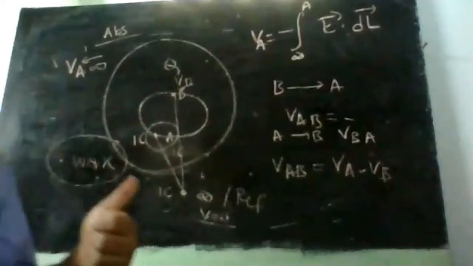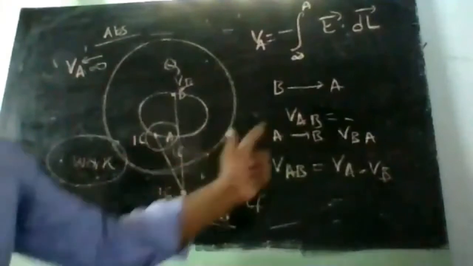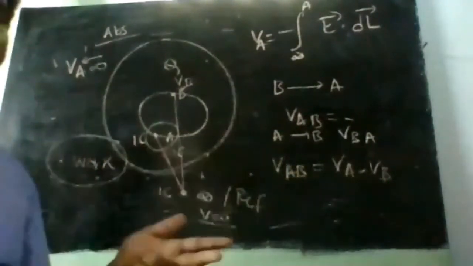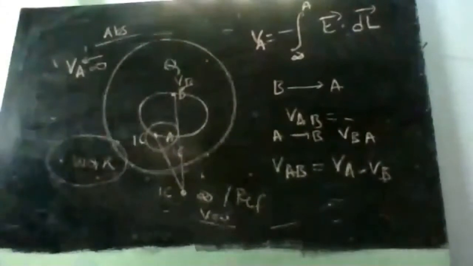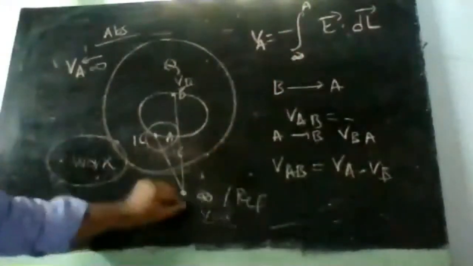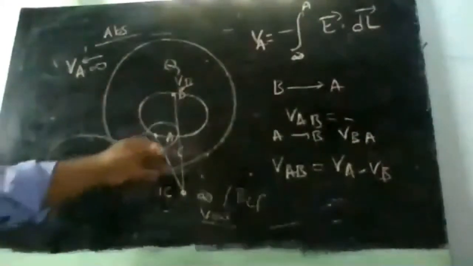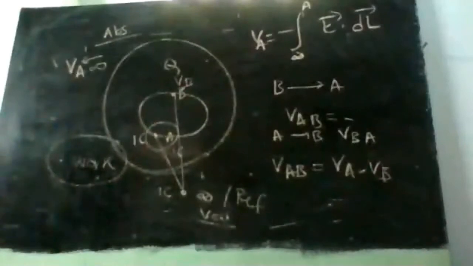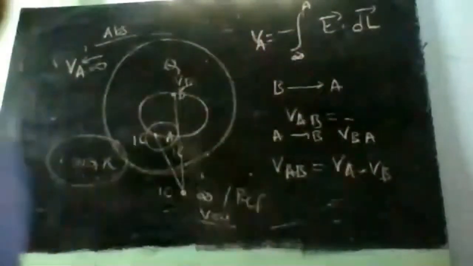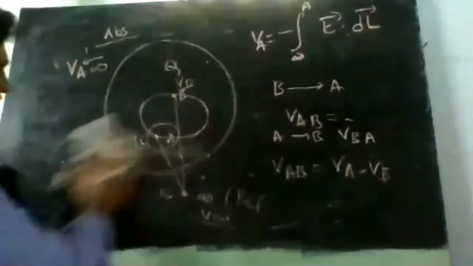So this is the concept of absolute potential. Is it clear now? We have discussed work, the formula for work, potential, and the potential difference between 2 points. Next is absolute potential. Absolute potential is the amount of work done in moving a test charge from infinite location to any point A. That is called the absolute potential of the point A. So all the basics are done. Now let us derive the expression for absolute potential or potential difference first.